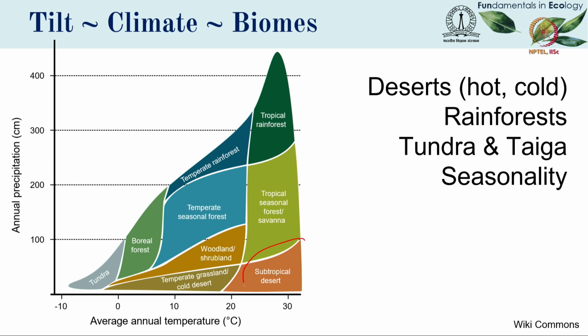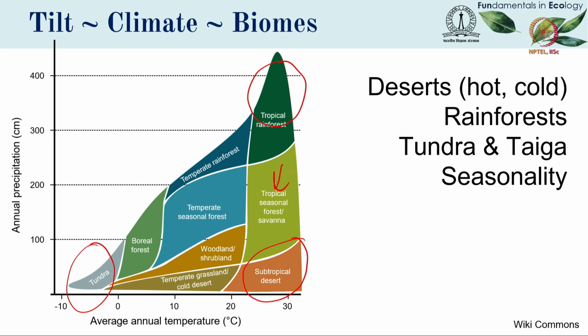So this part of the graph contains areas that are fairly warm but do not receive a lot of rainfall. So these are the deserts. This part of the graph contains areas which are warm but receive a lot of rainfall. So here you see the tropical rainforest. These areas are very cold as well as dry, so this is the tundra. And the intermediate spaces are filled up with different types of vegetation, different types of biome. So there are temperate ecosystems which constitute the temperate rainforest biome, the tropical savannas which are here, and so on.